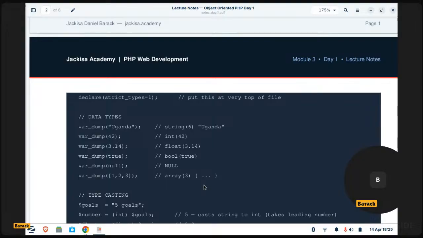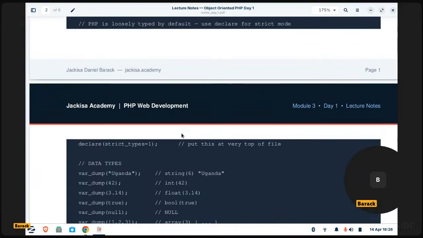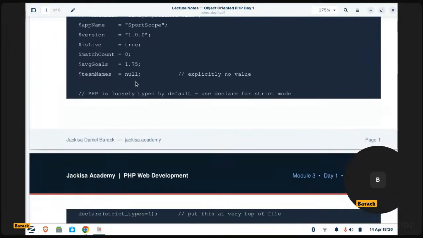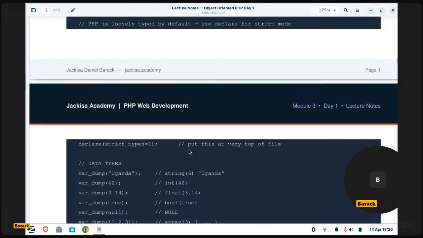So just as a repeat, before I go even deeper into this, I hope you understand these different primitive data types. The so-called strings, the booleans, the integers, the floating point numbers, the null value, and